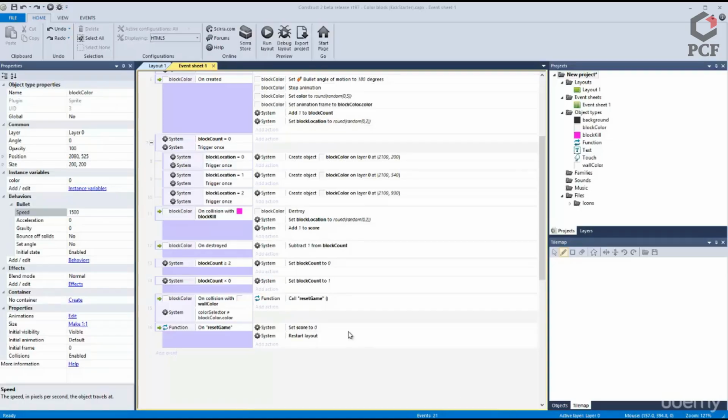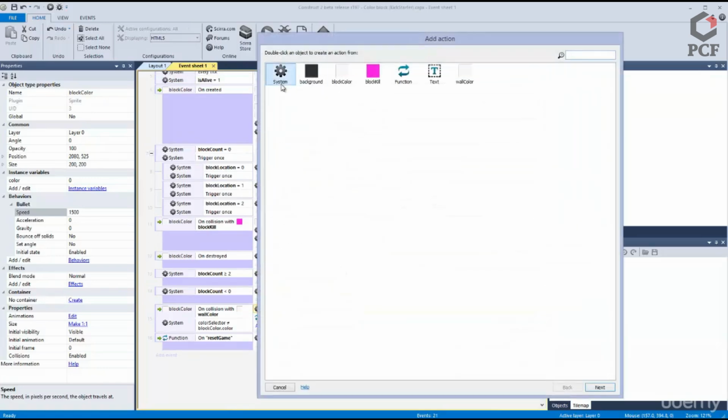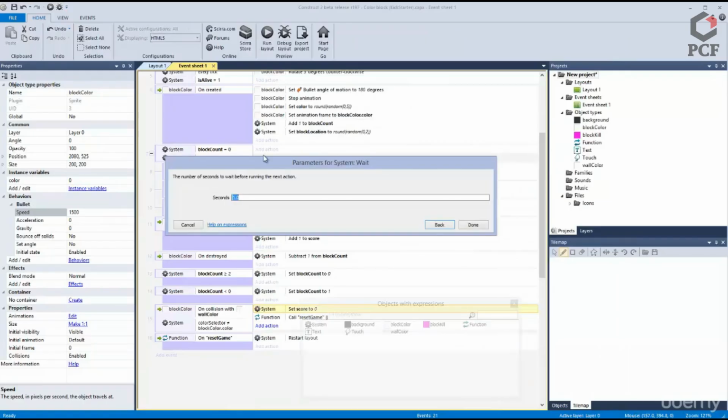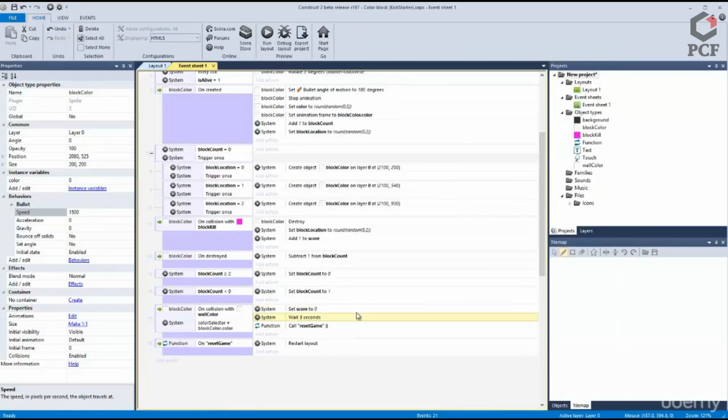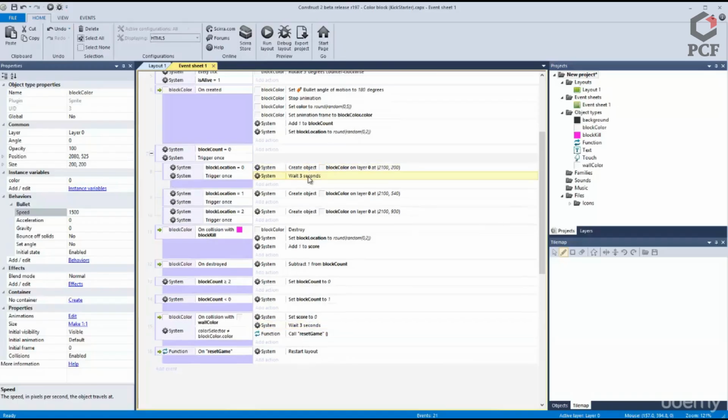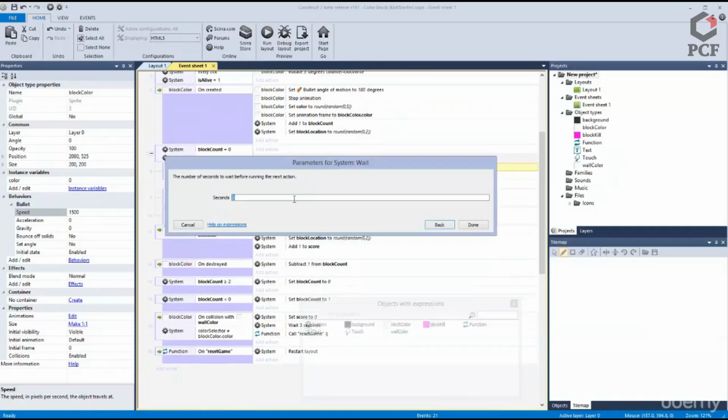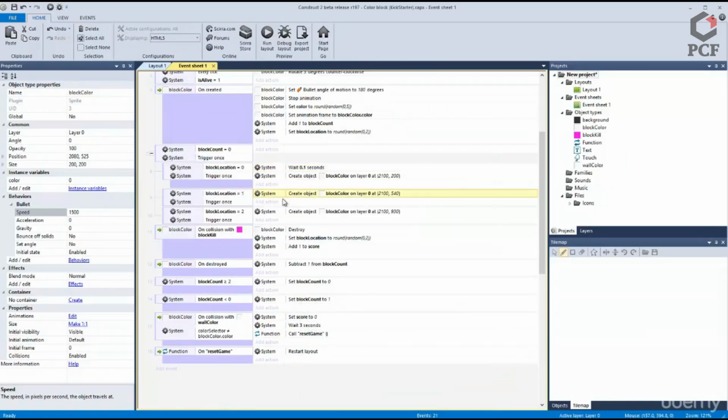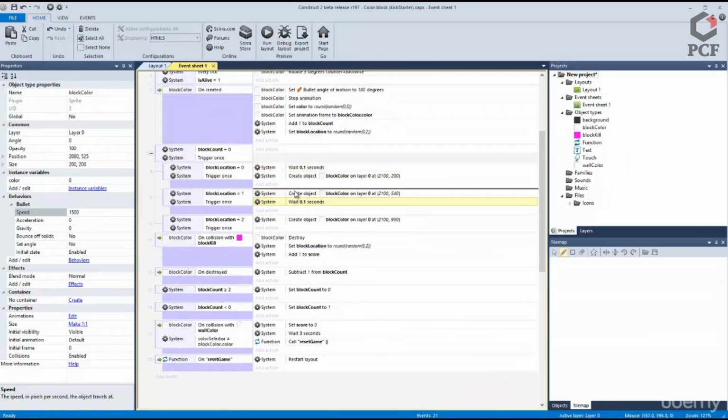Welcome back. Okay, so there's a couple things that we can do. First of all, let's set the score before we actually reset the game. So we'll set the score here, and we'll also wait. Maybe we'll wait 3 seconds before actually calling this reset game here. And while we're waiting, let's add in a 0.1 wait here,